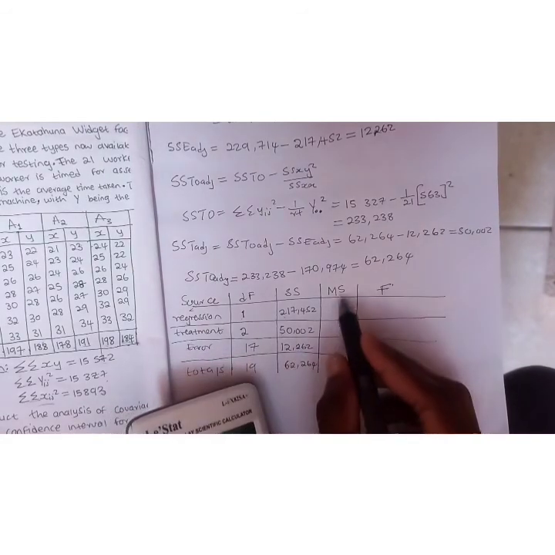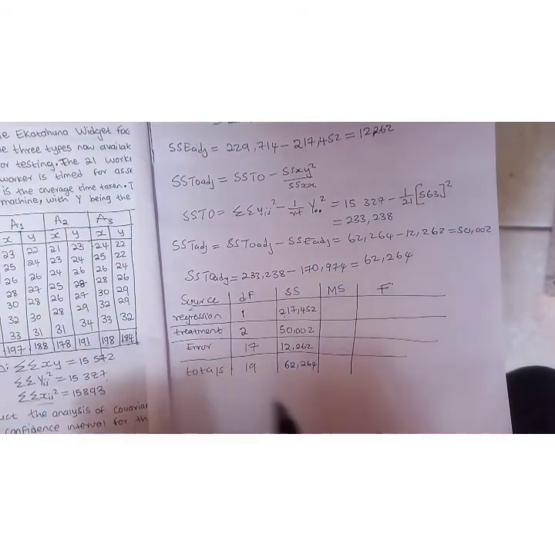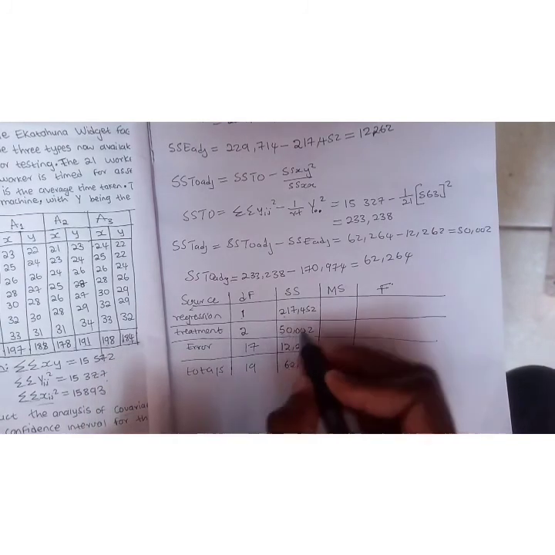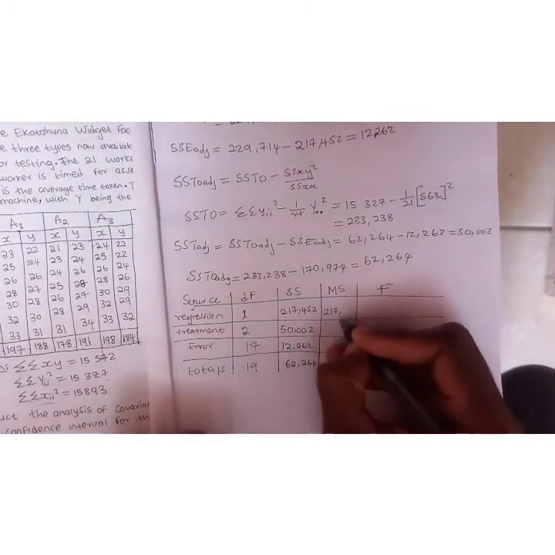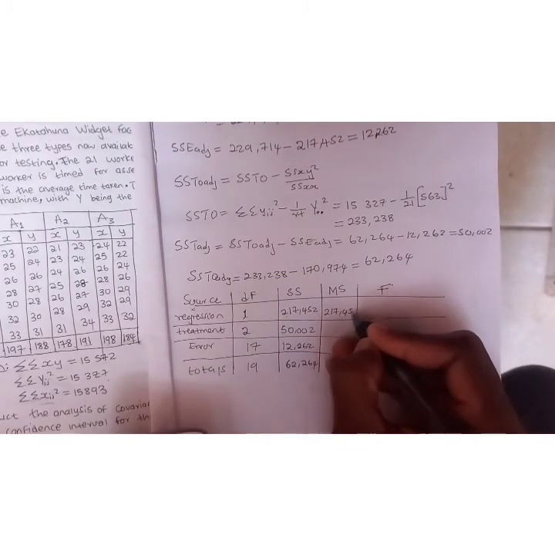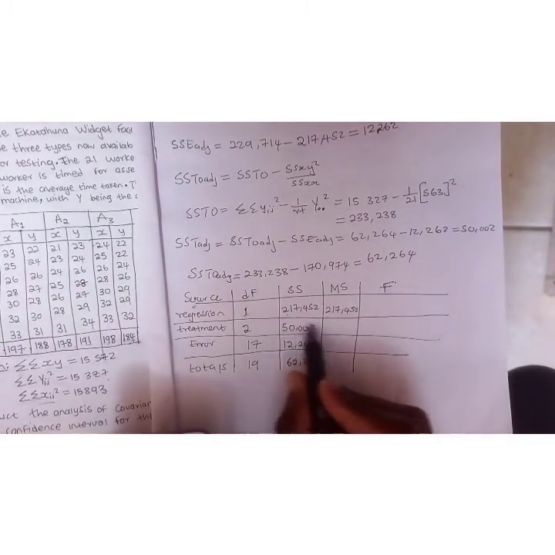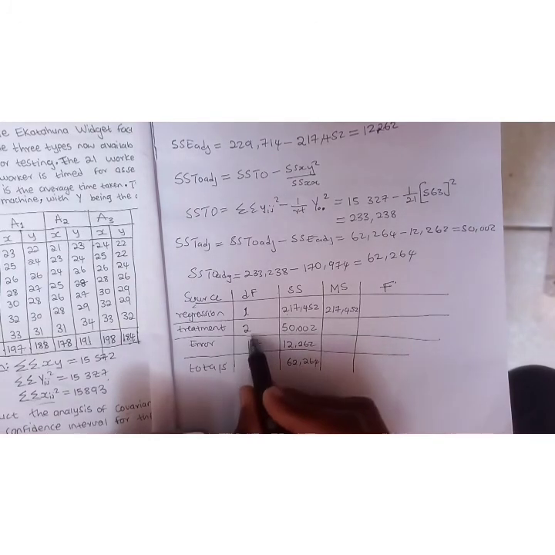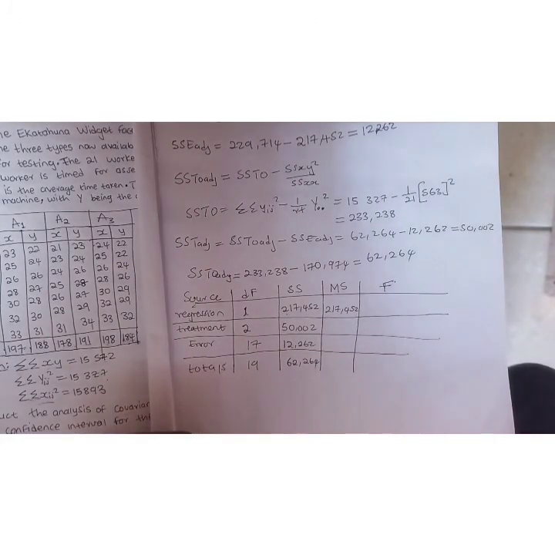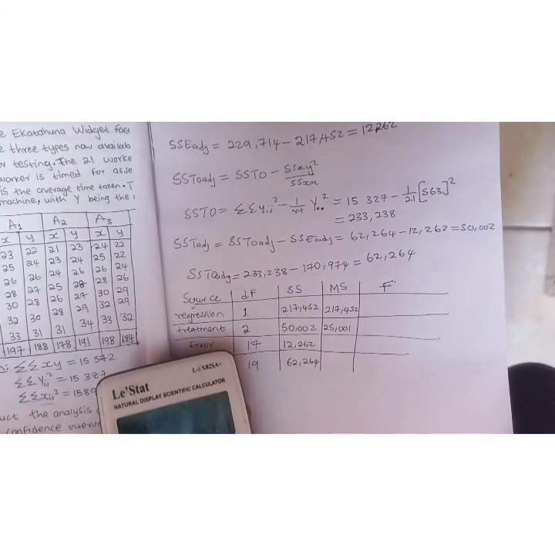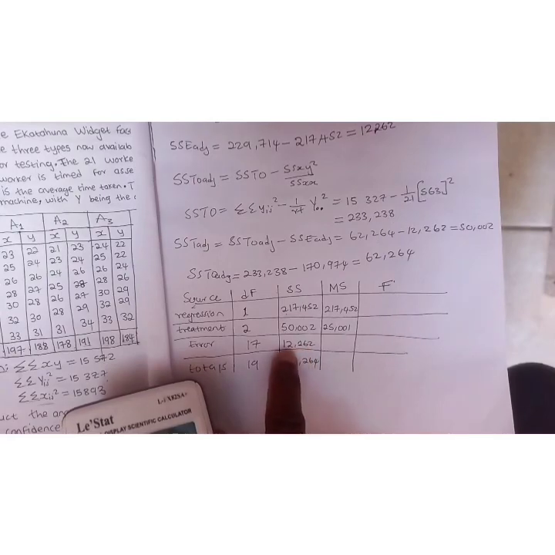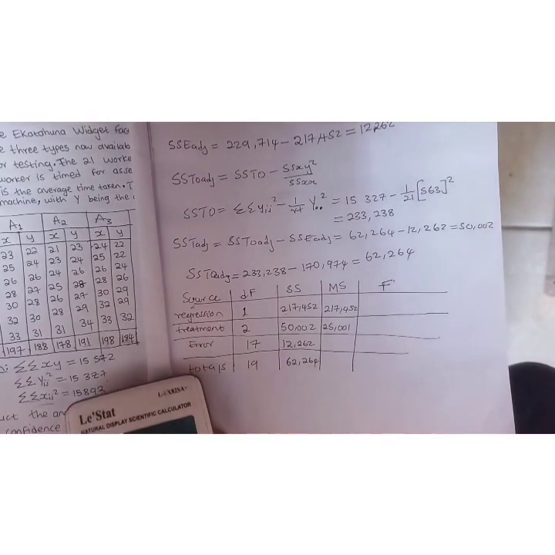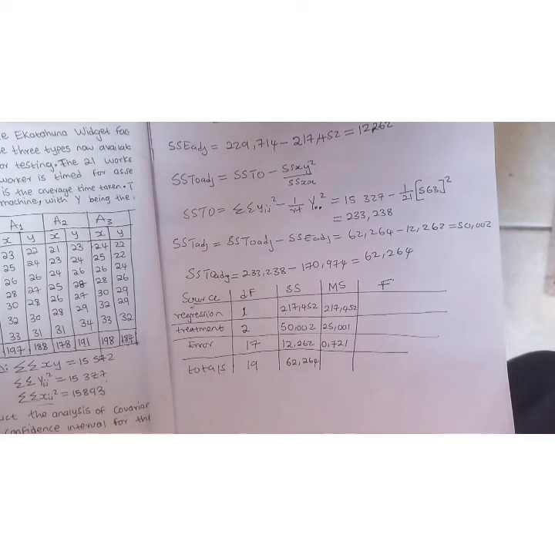Now we need the mean square, sum of square. So this one, since the degree of freedom is 1, is still the same value. For this one, it's 50.002 divided by 2, which is 25.001, and the last one is 12.262 divided by 17, so 0.721. So now we need